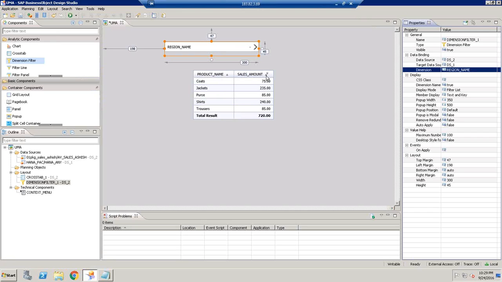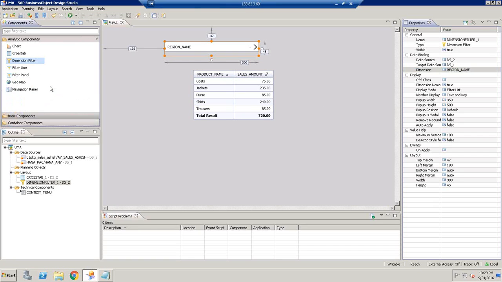Got it. So now these things, dimension filter, filter line, filter panel, they